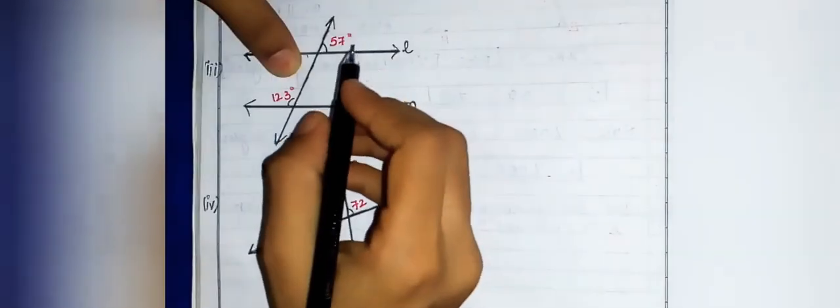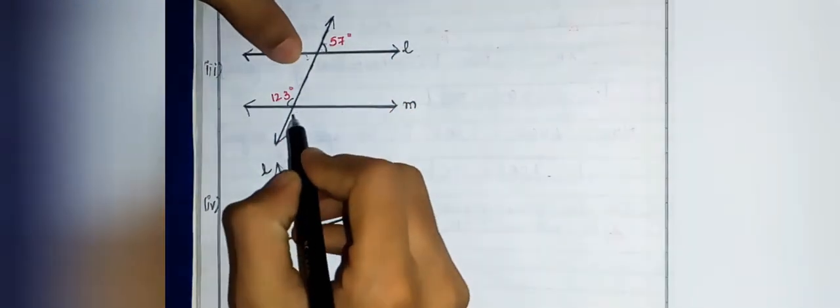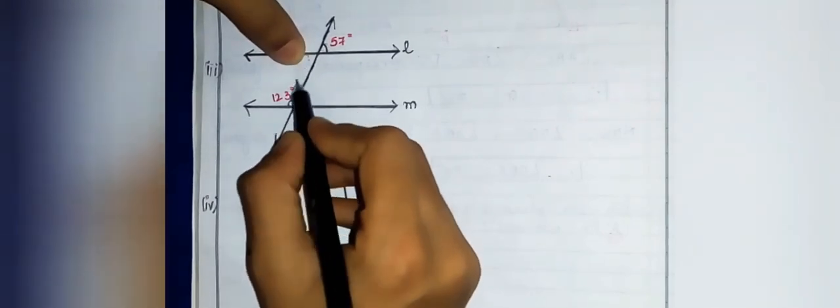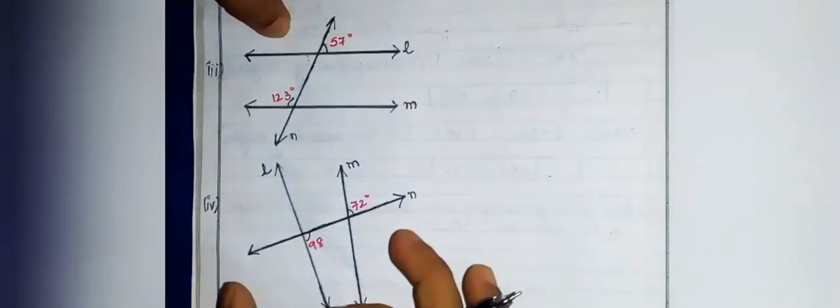This is given 57 degree. So this also will be 57 degree. Again with the help of the same reason, ये 57 है, so ये दोनों vertically opposite angles. These both are vertically opposite angles, and vertically opposite angles are always equal. So this is 57 means this is also 57. So if you write here 57, then again these and this, they are interior angles and they are again on the same side of the transversal. So again the total should be 180. So add 123 plus 57. If the answer is 180, then these both are parallel. If the answer is not 180, then these both are not parallel. So the third one and fourth one you will try yourself. Okay, so this is your homework.